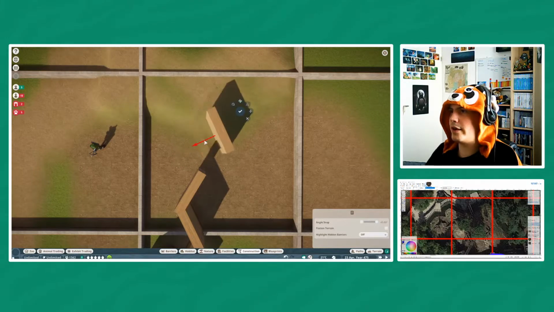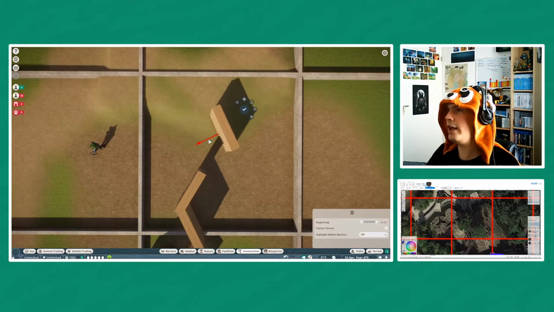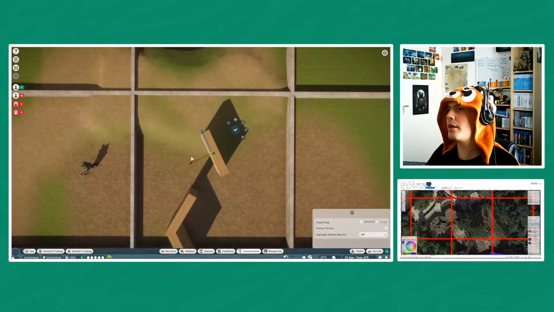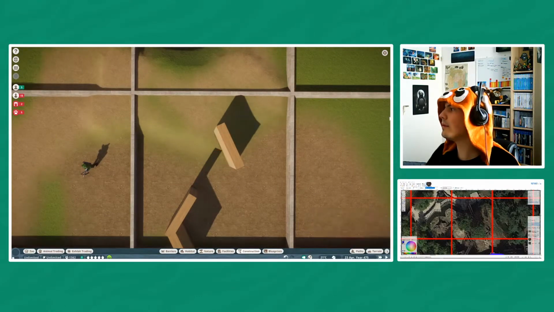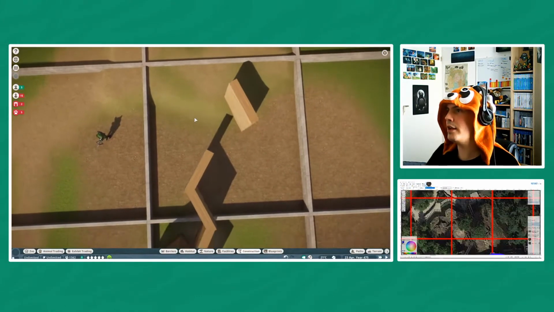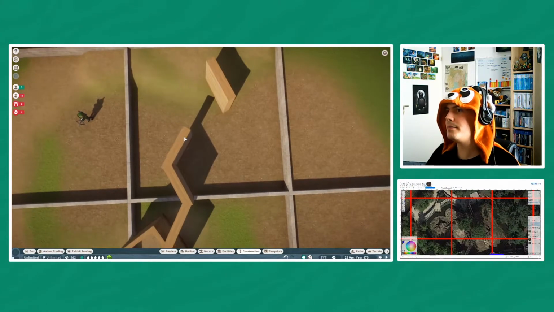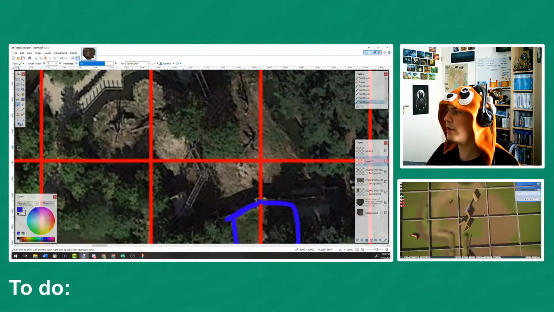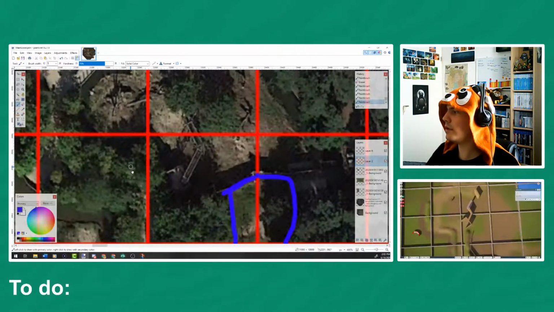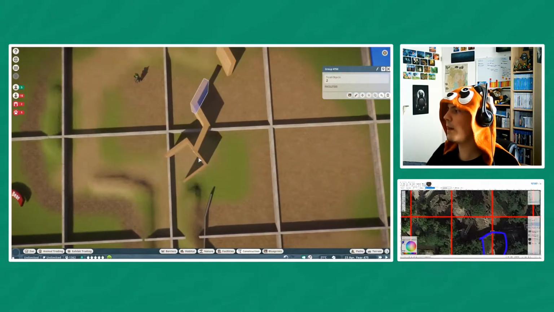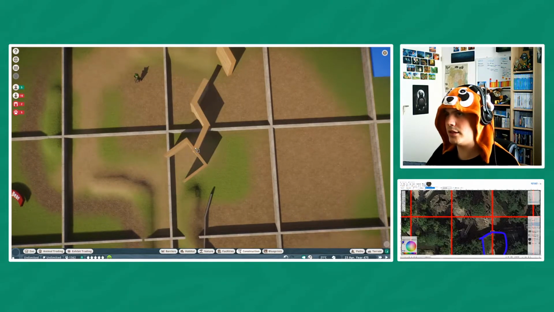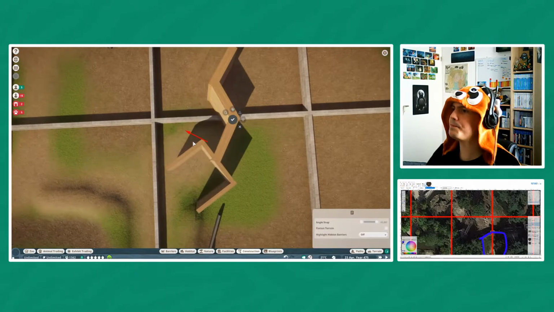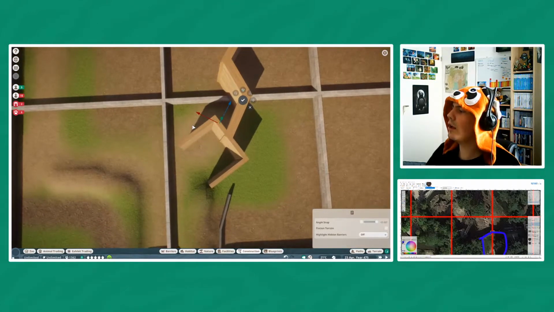But that's not the right spot. It needs to end up over here. Roughly. So why does that not line up well? It's because this needs to be more centered. Yeah,